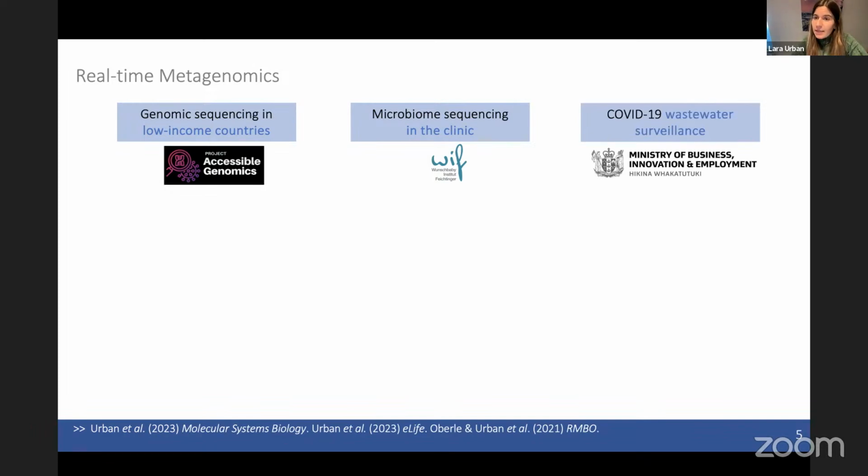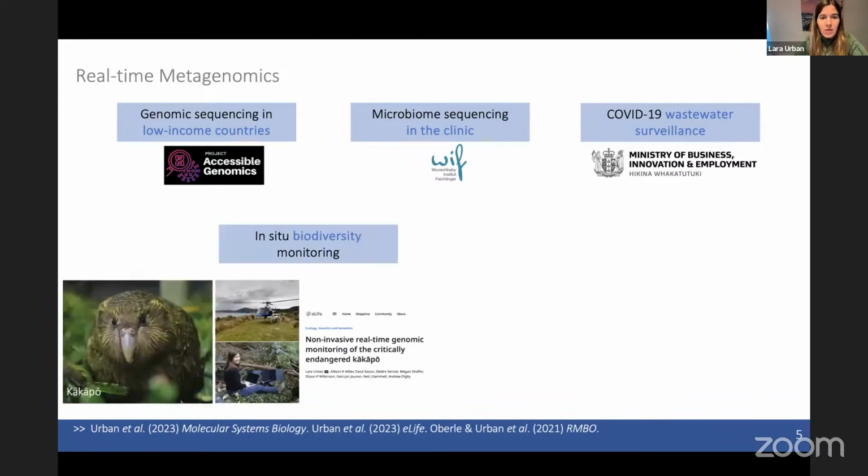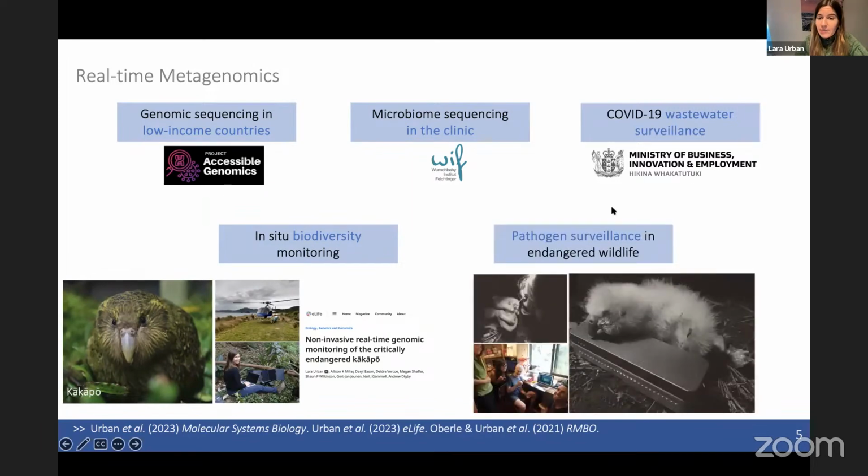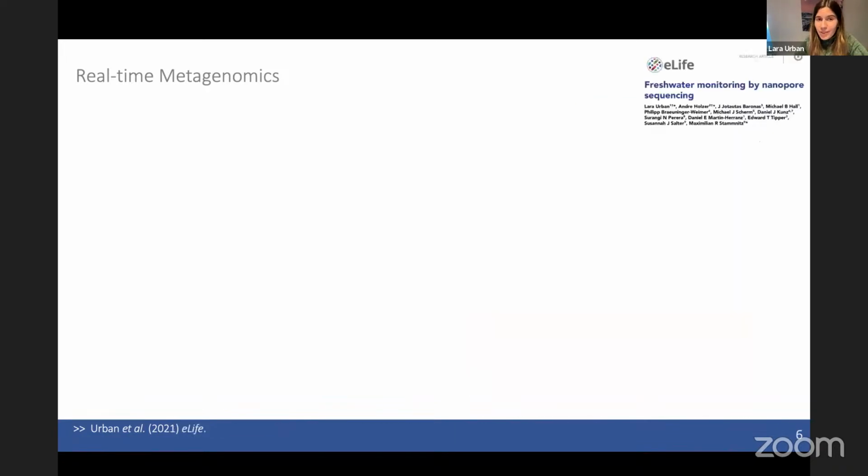I've also helped establish the wastewater surveillance framework in New Zealand during that time, and also worked on in situ biodiversity monitoring using very similar approaches. I will briefly talk about this research in a bit, as well as about surveying pathogens in endangered wildlife. How I originally started using nanopore sequencing technology, however, was for ecosystem monitoring, for sequencing